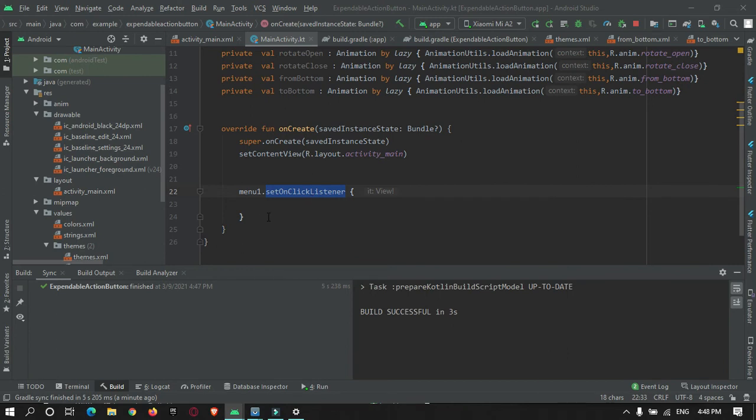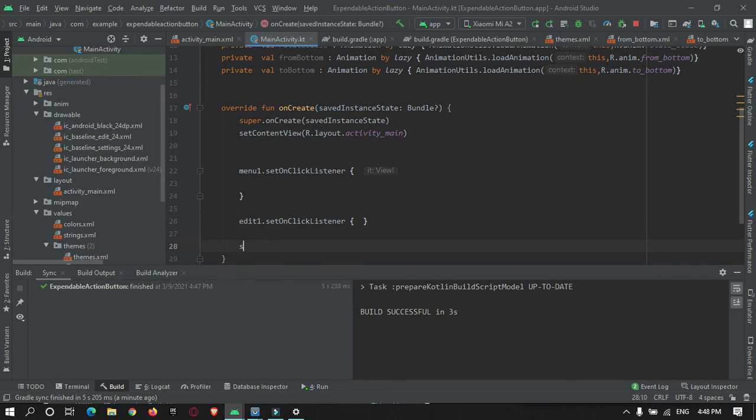Likewise, I will create it for the other two buttons: editButton.setOnClickListener and setting1.setOnClickListener.